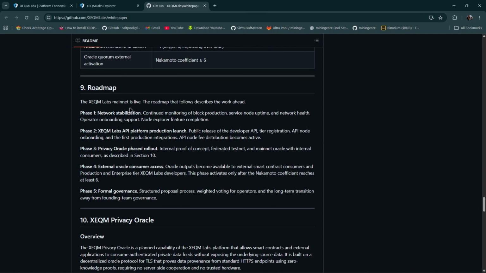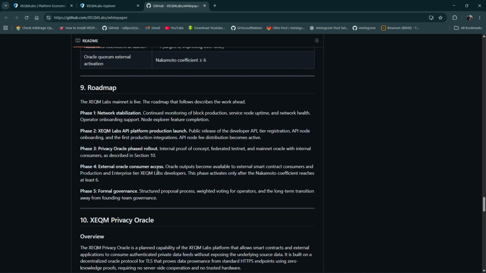Okay, roadmap. If it is live, the roadmap that follows describes the work ahead. Phase 1, network stabilization: continued monitoring of block production, service node uptime, and network health. Operator onboarding support, node explorer feature, XEQM Labs API platform production launch, public release of the developer API, the registration, API node onboarding, and the first production integration. API node fee distribution becomes active. Phase 3 will have privacy oracle phased rollout: internal proof of concept, federated testnet, and mainnet oracle with internal